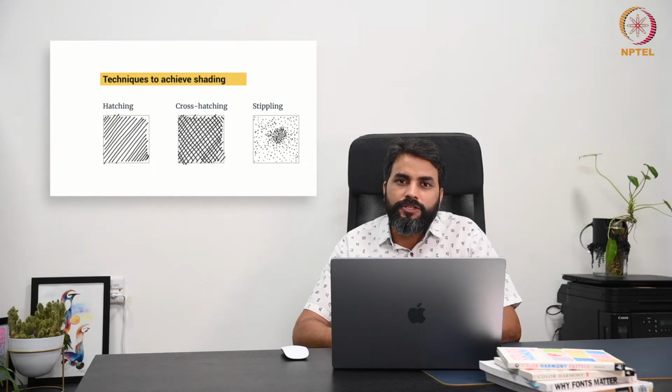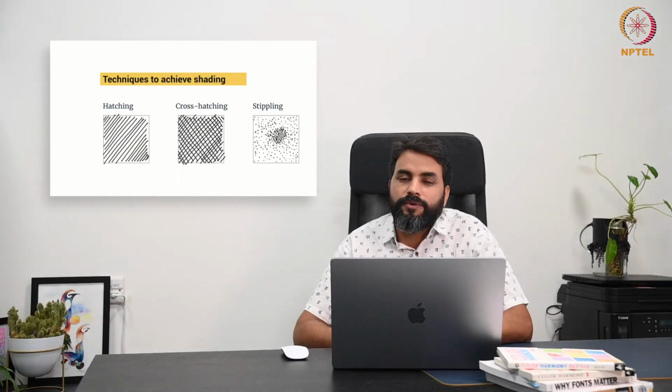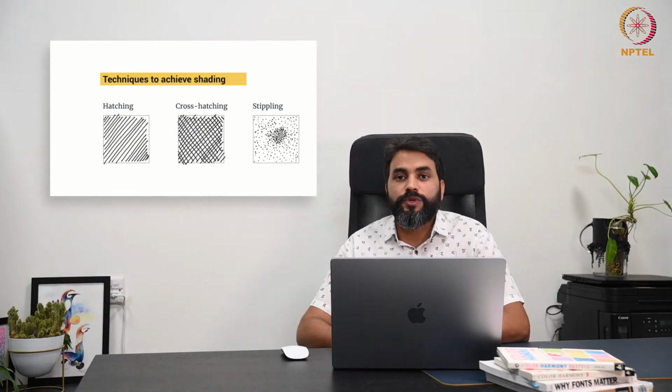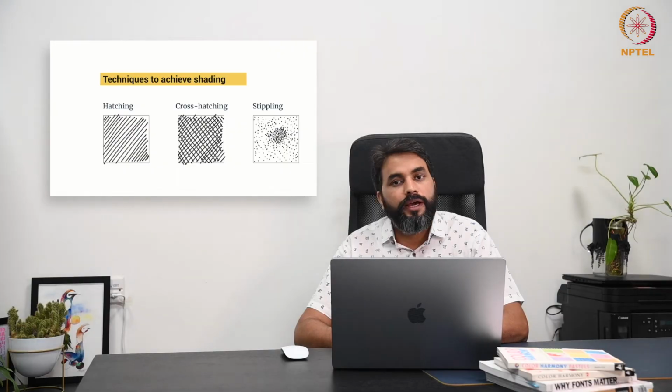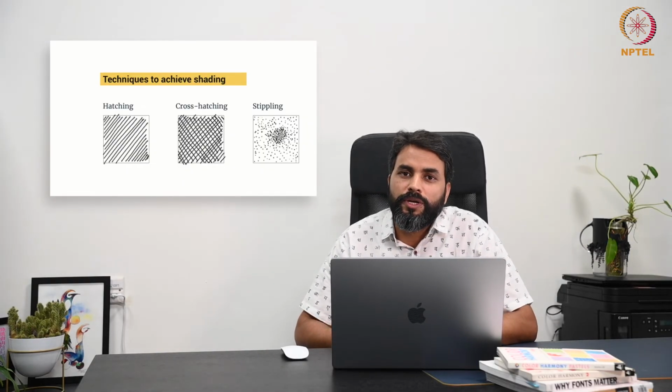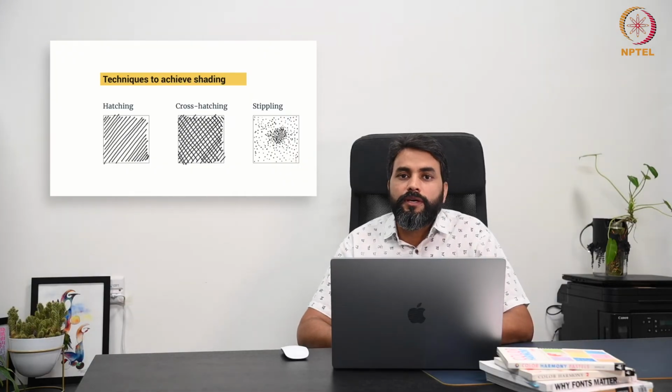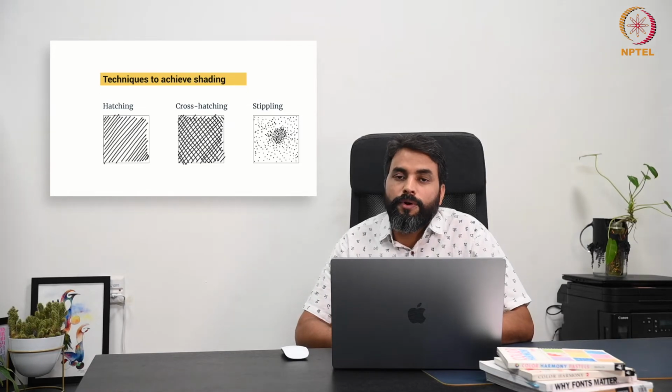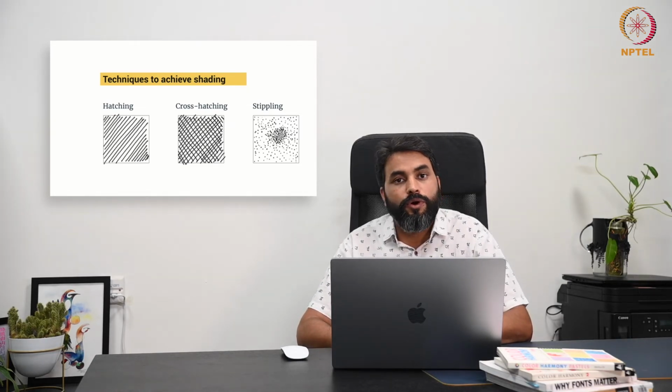If you look at the hatching and cross hatching technique, it involves drawing closely spaced parallel or intersecting lines to create shadows and define form. It is used to create shading, texture, and depth by placing a series of parallel lines close to one another. This technique is especially useful for adding tone and contrast to illustrations. And that way it gives the illusion of shadow and form without using gradient or color.